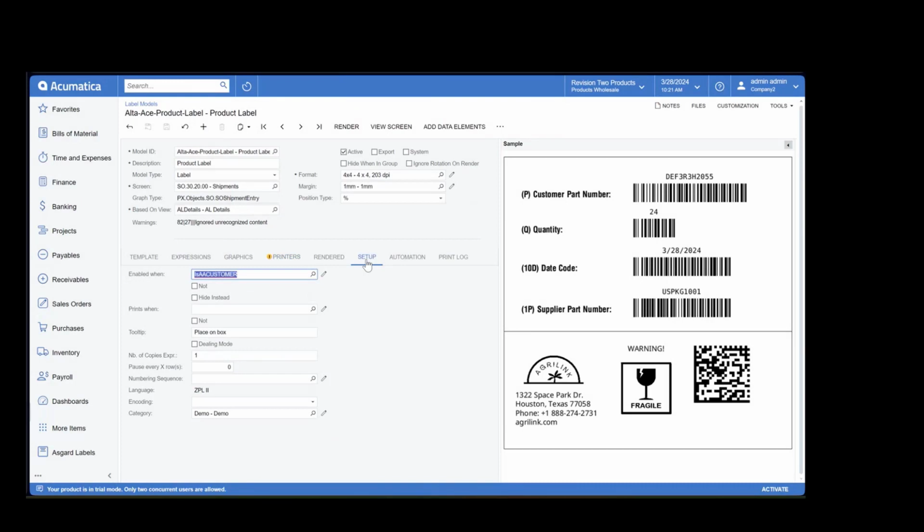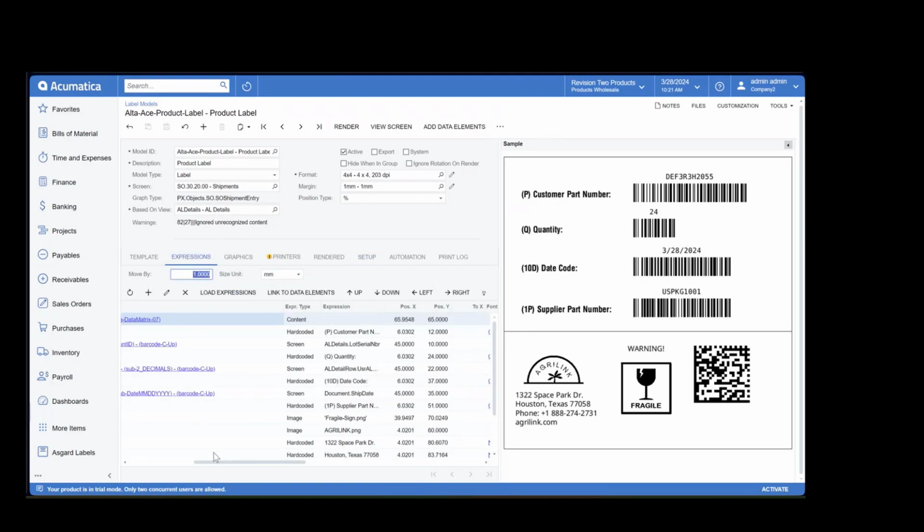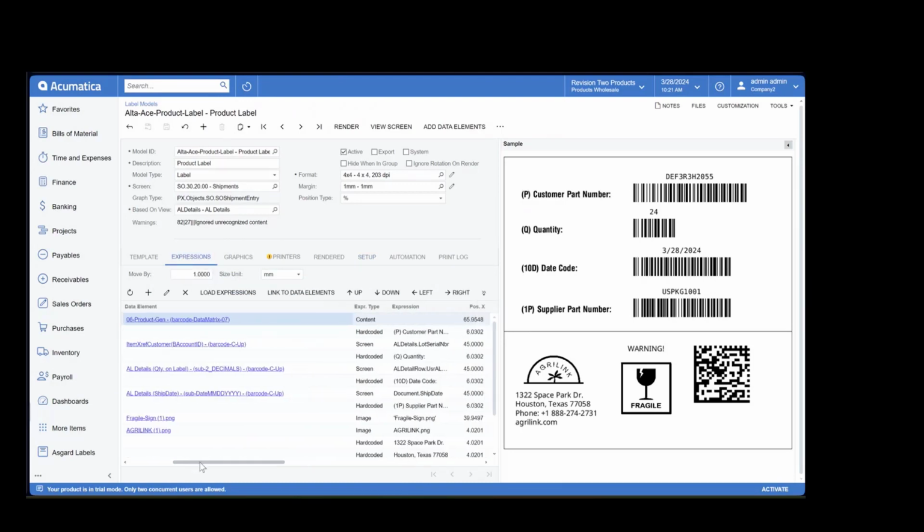And then there is the setup tab. As mentioned earlier, this is the rule that we have specified for the label itself. That is why this label is only available for AA customer. Aside from a rule that is established for the label itself, we also have a data or value specific rule.